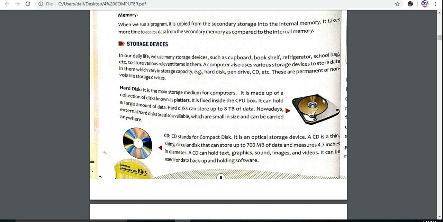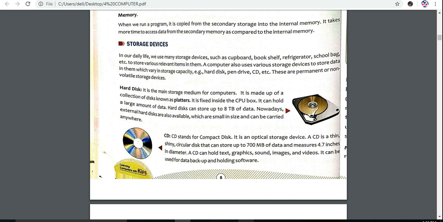A typical hard disk is already fixed in our CPU. We can't move it here and there, it is fixed. But an external hard disk is movable. You can move that hard disk from one place to another, and it is connected to your CPU through an external cable.